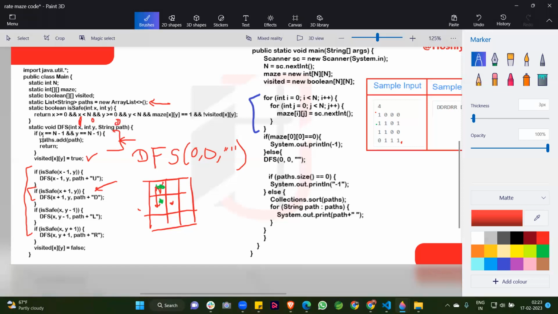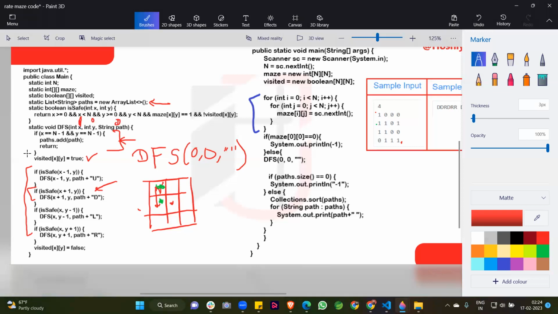When we check our base condition, it is not true because x is not equal to n minus 1 and y is not equal to n minus 1, as we have not reached that position. For the explanation I created this 4 by 4 matrix. At that time we call 1 comma 0 comma d path, so we are storing the d in this path.